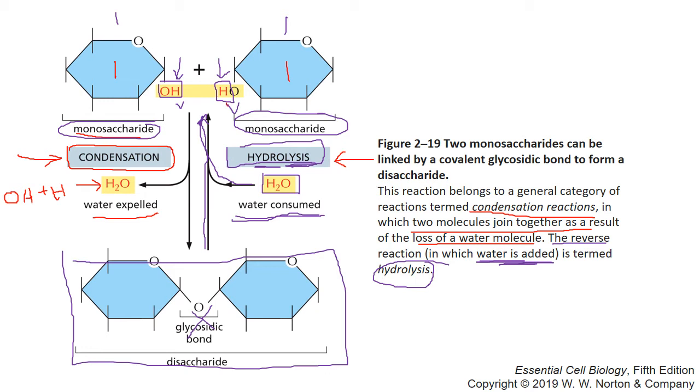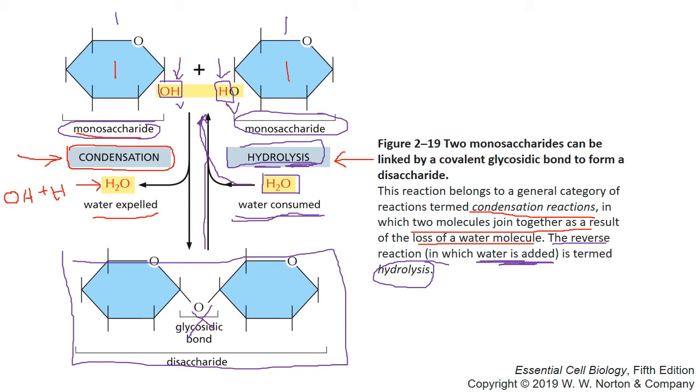Hydrolysis, lysis means to pull apart, is when you go from large to small. You're pulling it apart, and in order to be completely successful, you're going to have to use up a water molecule so that you can restore the hydroxide on one side of the monomer and a hydrogen on the other side of the monomer. Now, this is very important, so please take your time to process this information, because the